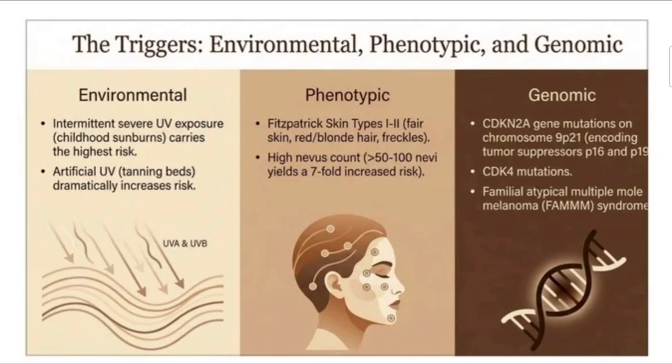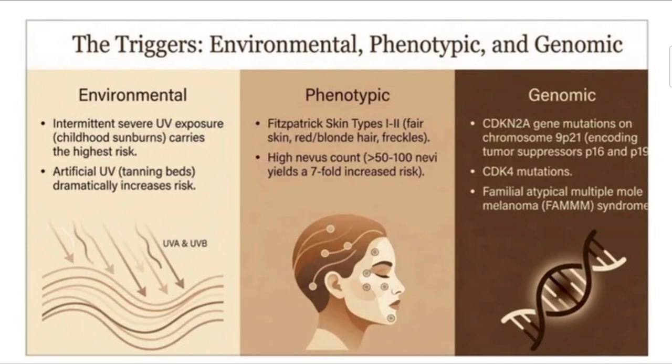Then there are phenotypic factors, in which there are Fitzpatrick skin types 1 and 2, that is very fair skin, red or blonde hair or freckles, which have less protective melanin, leading to more UV damage that can occur easily. Then there is having many moles, that increases the risk about 7 times because each mole contains melanocytes that can become cancerous. Then there are genomic factors, that is